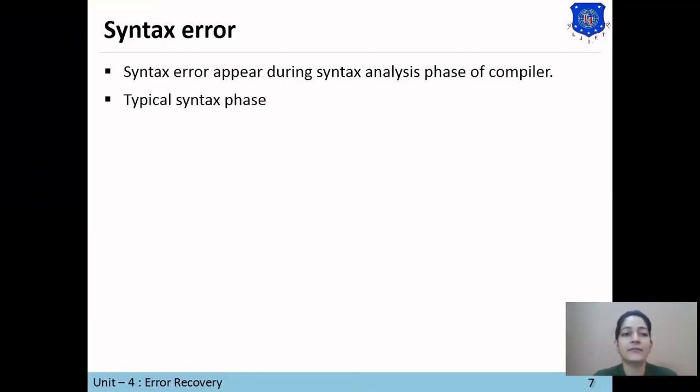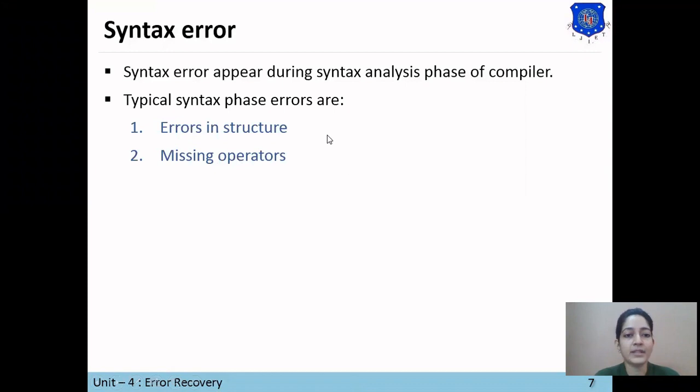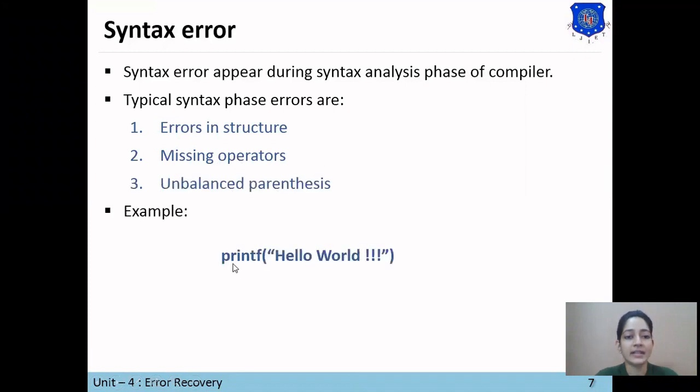There are different syntax errors. It can be errors in structure, missing operators, or unbalanced parentheses. Here is an example of a syntax error: printf hello world. As we know that the semicolon is missing, syntax analysis will detect this grammatical error.